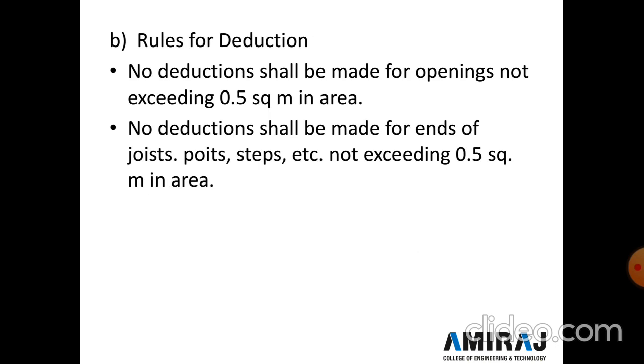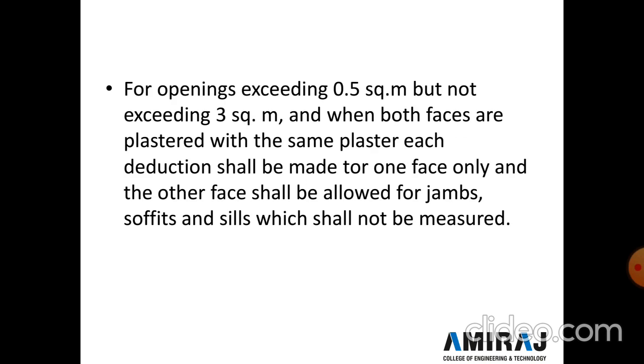Now rules for the deduction of plaster work. No deduction shall be made for an opening not exceeding 0.5 square meter area, and no addition shall be made for the reveal, jamb, soffit, sills, etc. of these openings, and no deduction shall be made for the end of joists, beams, slabs, etc. not exceeding 0.5 square meter area. For an opening exceeding 0.5 square meter area but not exceeding 3 square meter area, when both the faces are plastered with the same plaster, deduction shall be made